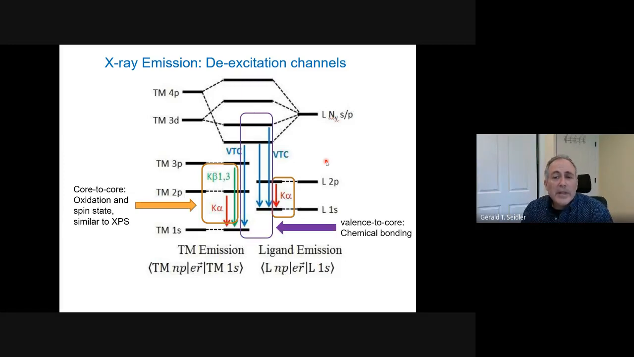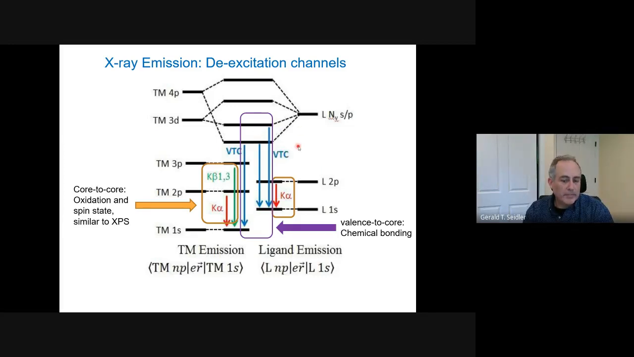The valence to occupied density of states right near the Fermi level, it's looking at the HOMO. It's looking at the real bonding electrons. And so you can get real information about the chemical bonding when you study the X-ray fluorescence that comes from